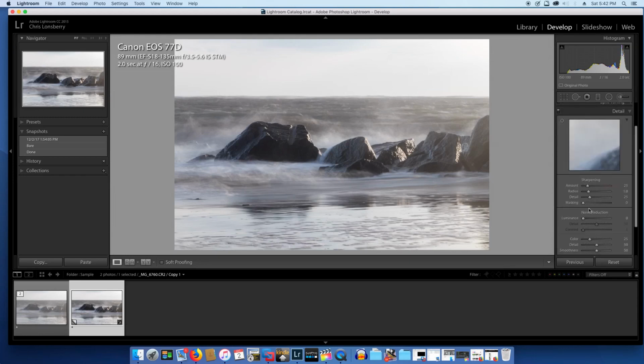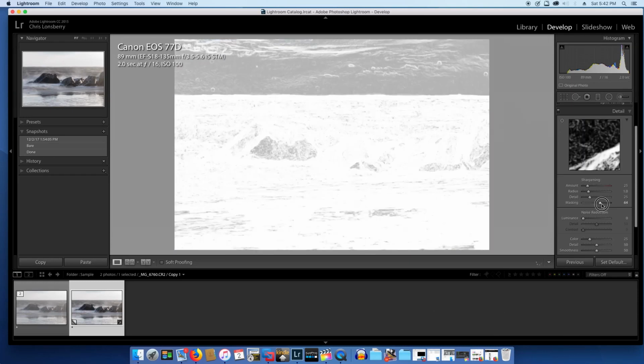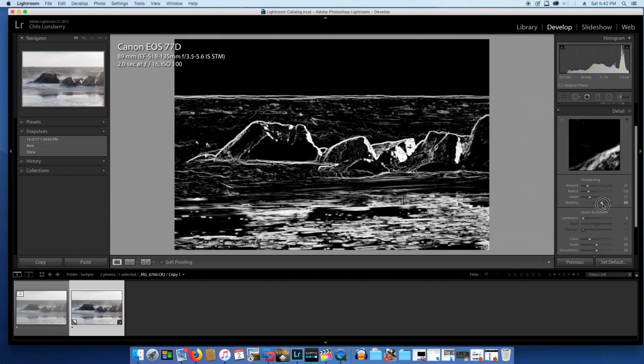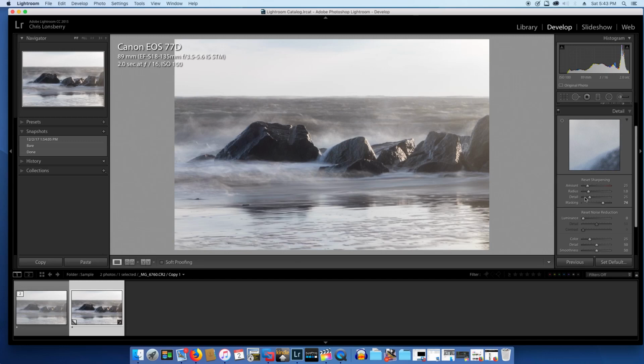And I'm going to set my edge masking. If you hold the Option key and then move the masking slider, you can see where your edge effect is actually going to be applied. Now, I don't want it on all the water and the sky. I just want it on the edge of the rocks and maybe a little bit in the ocean. Now I'm going to hold down my Option key and set my